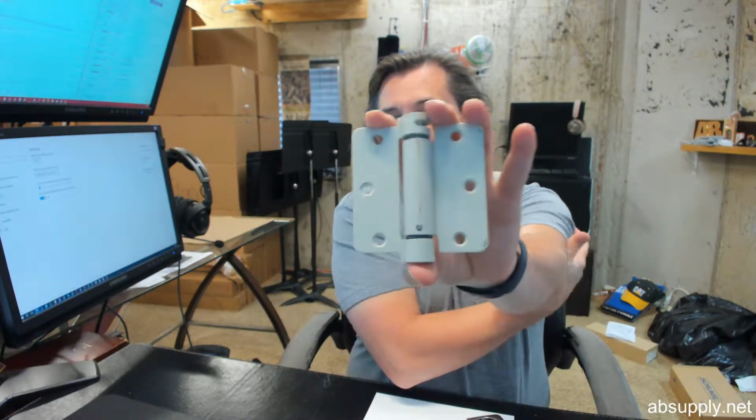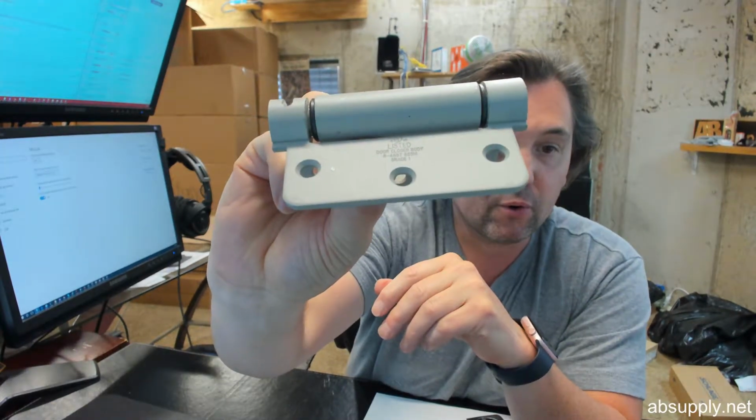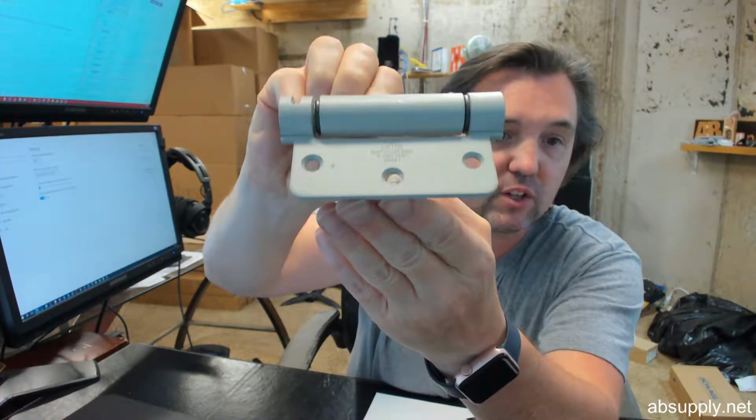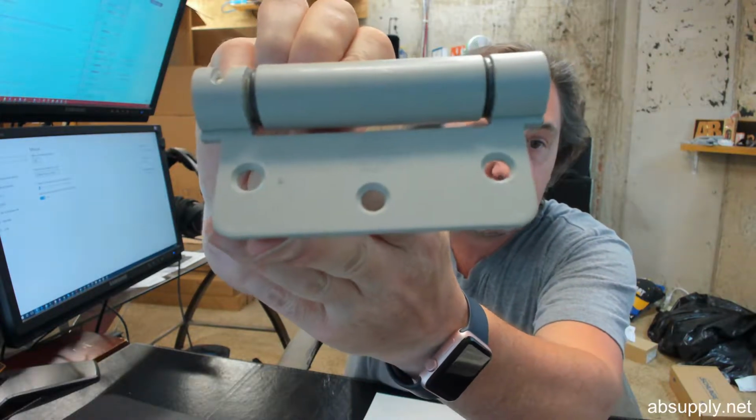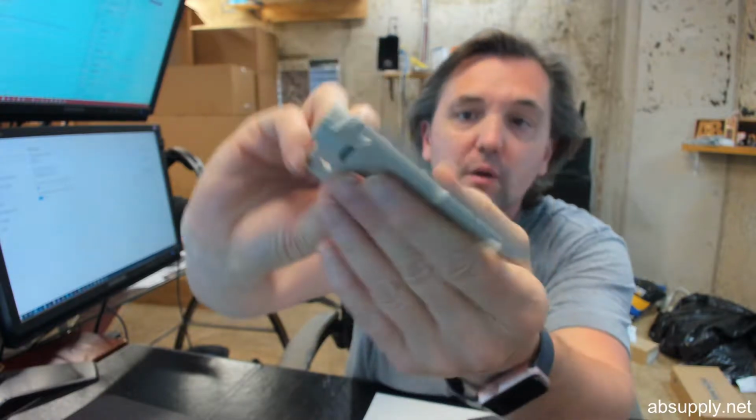This is UL listed for use on fire rated doors. There's the stamp that's on there, and there is an image below this video that shows that stamping as well, so that you can read it a little bit easier. Okay. Now, non-handed, you can install this for either a left-hand door or a right-hand door. Easily adjustable spring tension. Those holes, again, they're in a template pattern, and let's jump to the